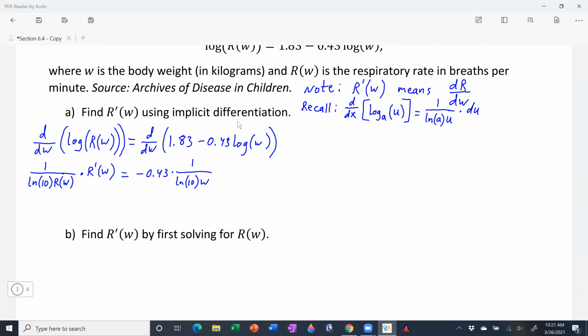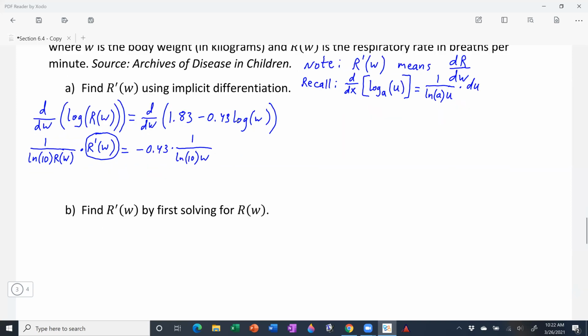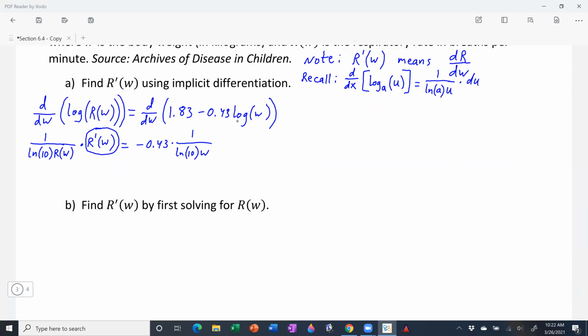Now we just want to make sure that we get r prime of w by itself. So we don't have to do too much work in that because it's only showing up in one location, right? It's only right here. So the only thing we have to do to get it by itself is multiply both sides of the equation by this thing over here, this 1 over natural log 10 r of w. If we just multiply both sides of the equation by that, it will cancel it, and then we're already done. Okay, so kind of cool. I'm going to multiply both sides of the equation by that thing, and so we're going to be able to write it as r prime of w